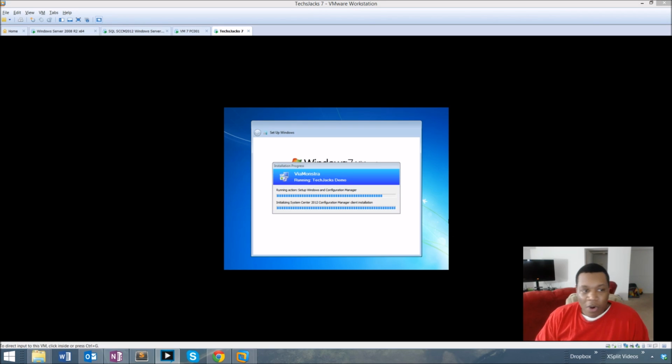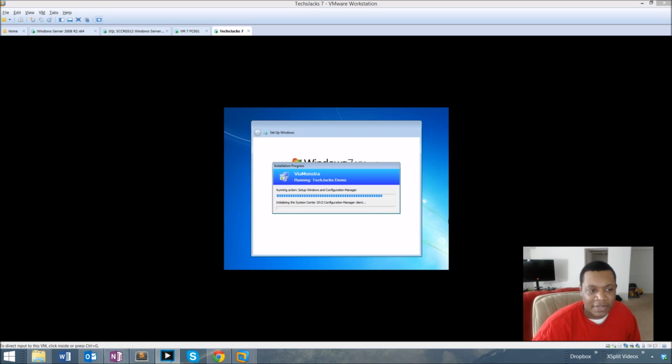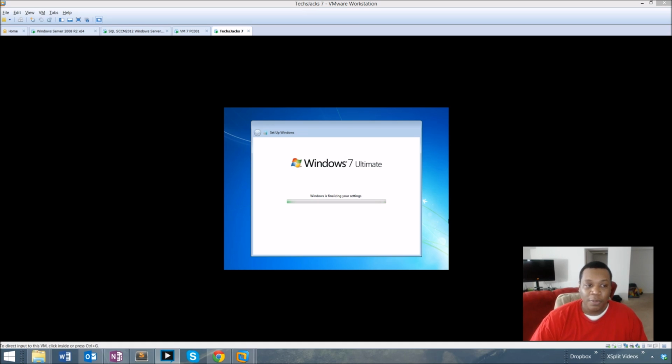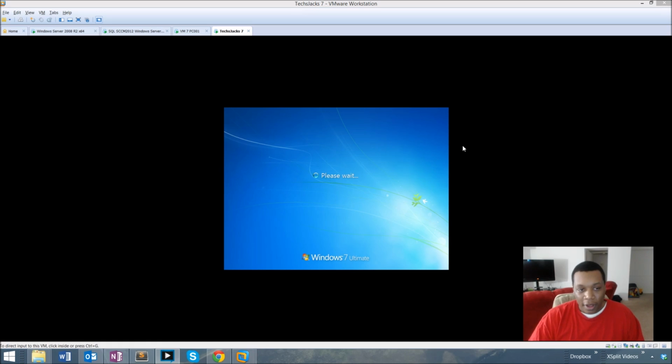Okay, this is part 3, the return, from the actual operating system being deployed. It took a little bit, obviously. It's installing the actual client now, and it's almost done with that. And very shortly, we should actually get our Windows login screen, and then we can go ahead and verify that we had a completely successful installation of an operating system via the SCCM 2012 deployment. So it took a while. Look at the screen, it is very tiny. There are obviously things that we would have to do in order to make that work, but it looks like we're about done now. We got our Control-Alt-Delete screen,